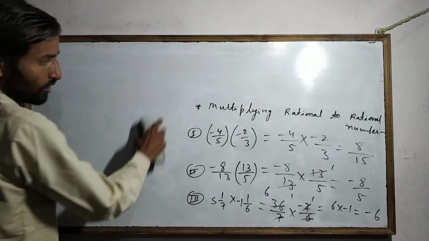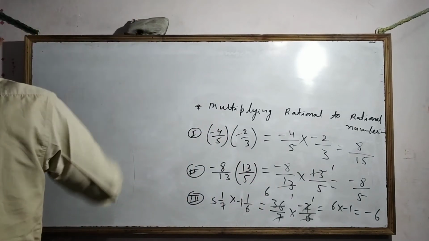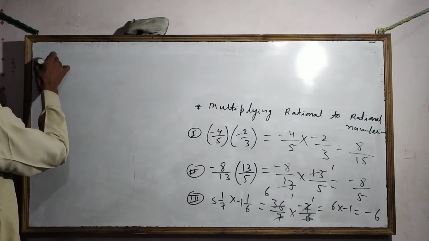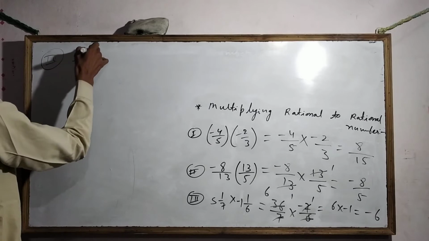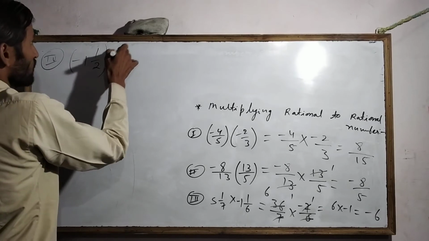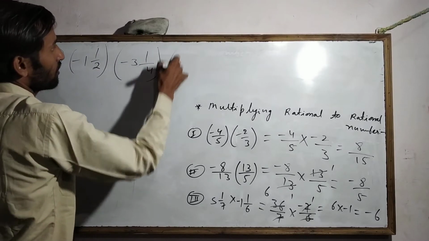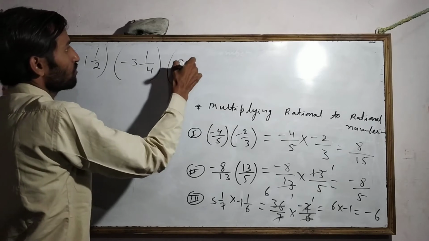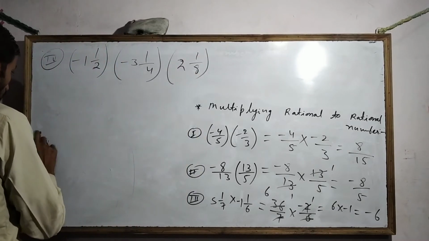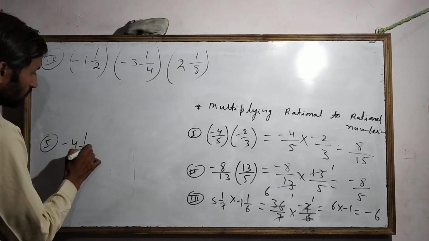3 rational numbers, 2 rational numbers I have already taken. Now I will take the next example, that is 3 rational numbers, the fourth part: 1 upon 2 in small bracket, minus 3 1 upon 4, and 2 1 upon 8, like that. Next, the fifth one: minus 4 1 upon 5